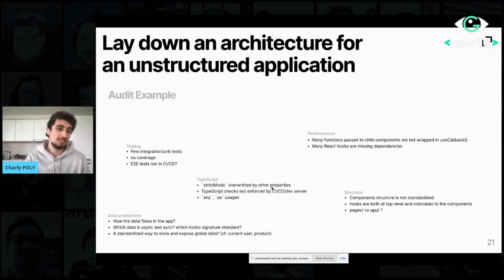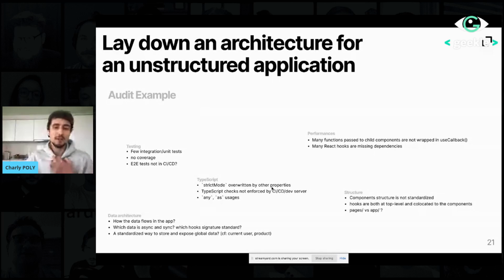An interesting one is TypeScript. TypeScript sometimes is used in projects without strict mode, is not enforced in the CI, and with a lot of any and as usage. TypeScript, when used properly, can lead to 15% bug reduction, theoretically. But if you don't use it properly, it's just going to slow down your compilation and your deploy, and also your velocity because it adds some overhead. So it's very important that if you make the decision to use TypeScript, you use it properly to take full advantage. Otherwise, it's going to be something that slows down everything and leads to a false impression of